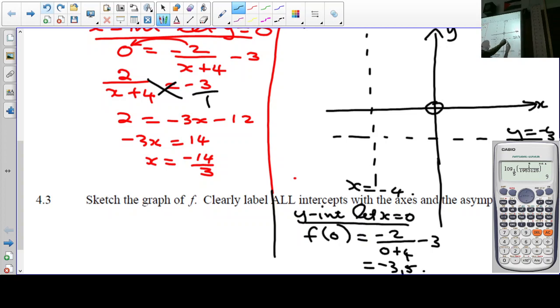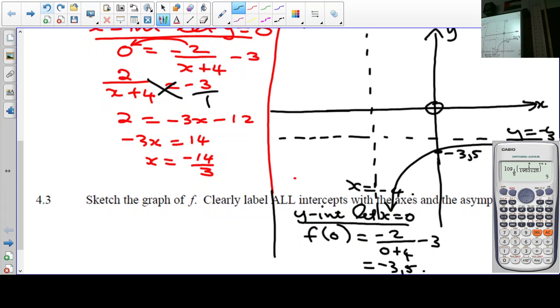So the graph at negative 3.5, the graph comes close there, it doesn't touch. Remember that your asymptote is going through there. The graph comes close to the asymptote and never touches. So that's the first part of the graph. And on the other hand,